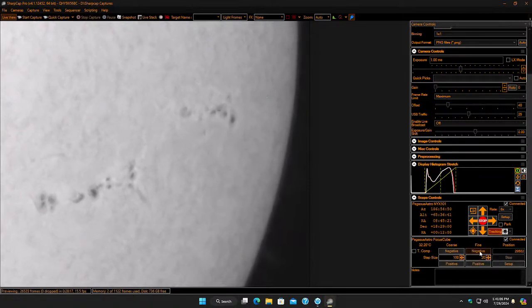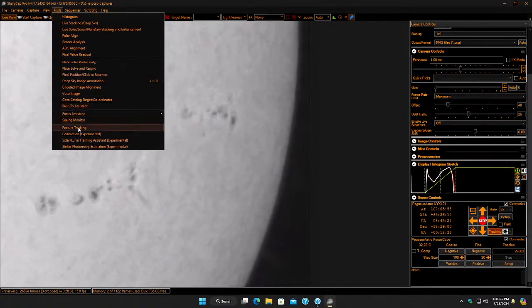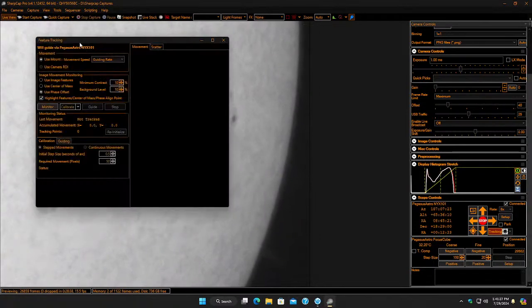The tube is growing pretty quick from the heat. Okay, so we've got a prom here and kind of a neutral histogram. And this will give me enough contrast that I can use the feature tracker